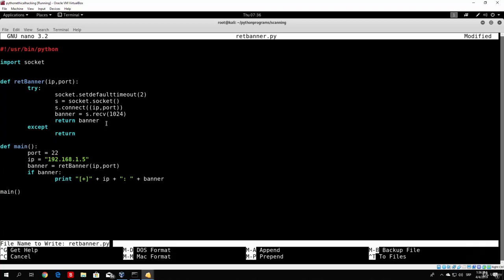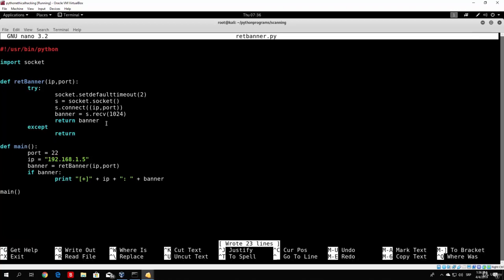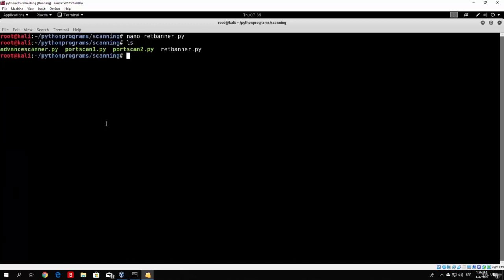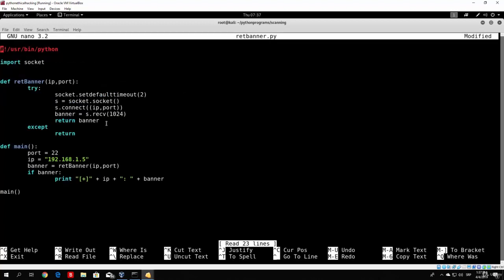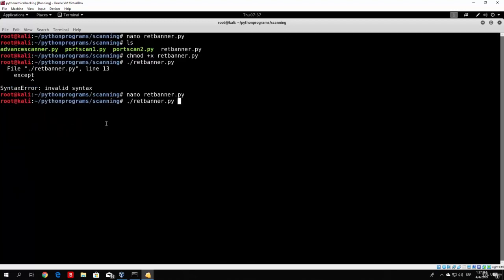So let us save this. I hope everything is correct. So yeah, it should be. Right now we want to chmod the red banner, and if I run it, invalid syntax. Okay, so there is some error that we need to fix, such as this one. This error right here needs 2 dots, so let's save it once again. And as we can see, we successfully were able to retrieve the banner of the SSH port running on the